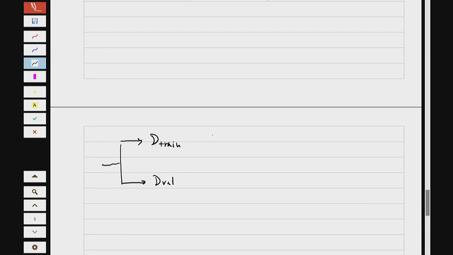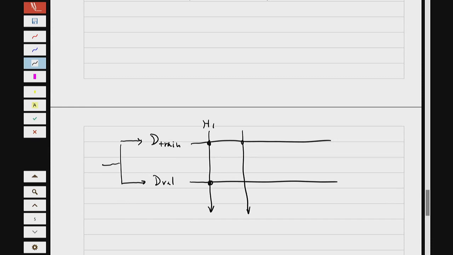This, of course, comes from D. And I draw some lines here that will intersect with the models, H1, H2, to HM,